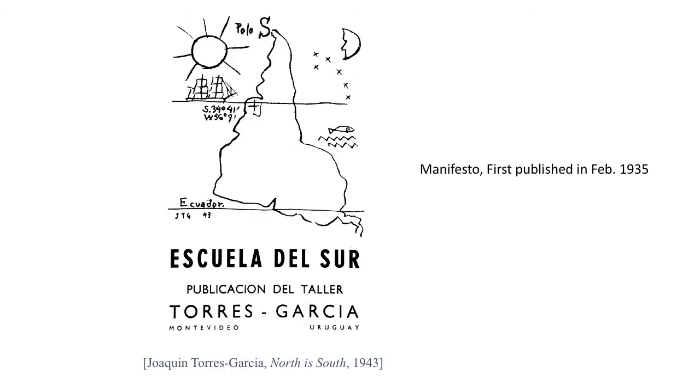What we will dive into is his manifesto. We see it here. It's the manifesto of the School of the South. In February of 1935, the Uruguayan artist and theorist Torres Garcia published his first Latin American essay manifesto titled La Escuela del Sur, or the School of the South. Torres Garcia, who had just returned to Uruguay from Europe after 43 years of absence, began his manifesto, his big, bold statement about the world, by stating this: